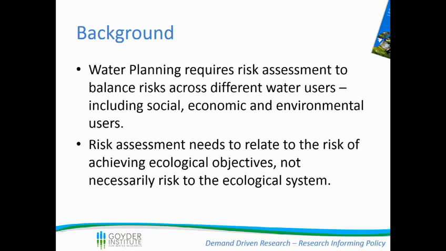One of the key things that's really important to spell out at this point is we're not necessarily interested, although we are interested, but we can't really talk about the absolute risk to the ecosystem, because the ecosystem exists at a level of risk. There are certain things that have happened, that have changed, that we cannot do too much about. But what we have got is a point that we are aiming for. So the community, the boards, everyone gets together and says, okay, these are the objectives. These are what we want to achieve from our water-dependent ecosystems. And then we can say, if that's what you want to achieve, then this is the risk to achieving that. So that's what this process is about.